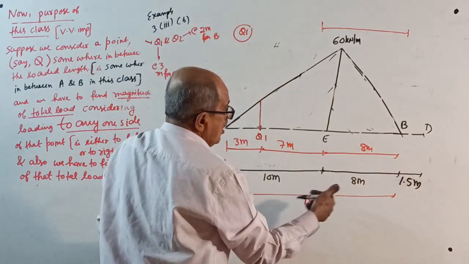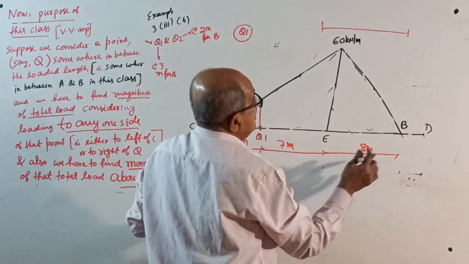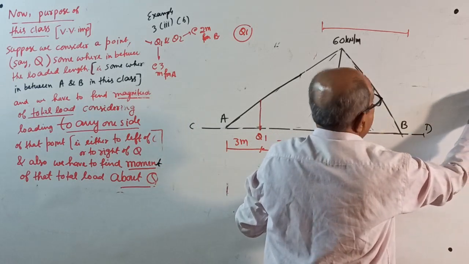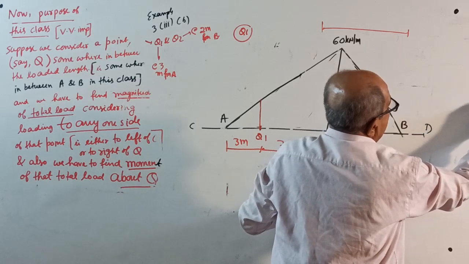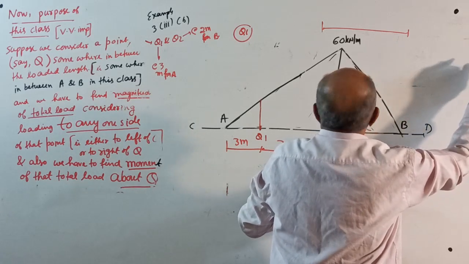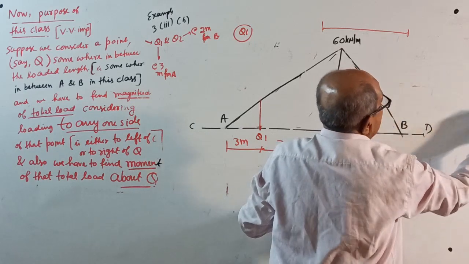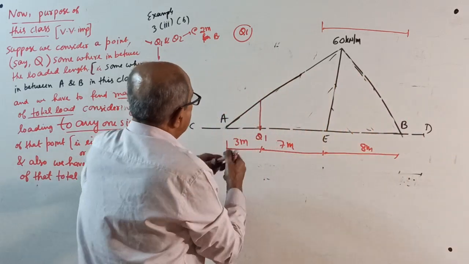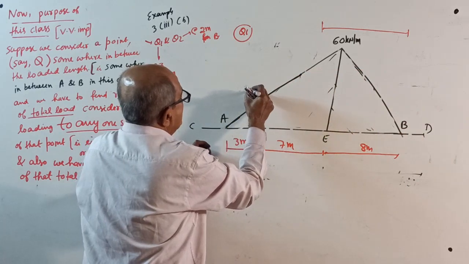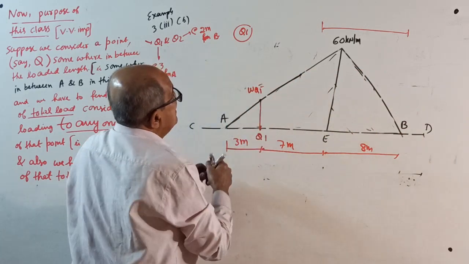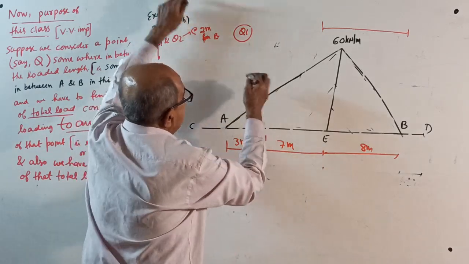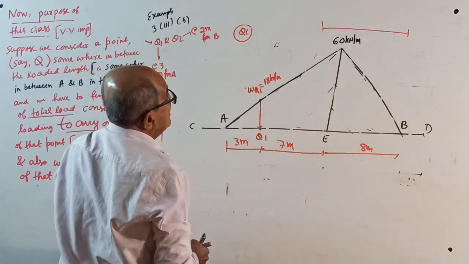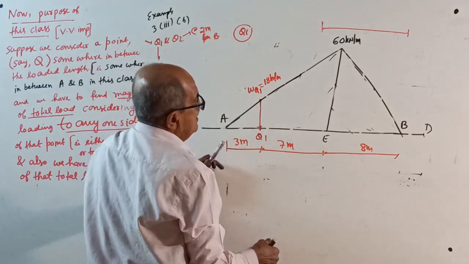Now, this 18 meter gone, C and D gone. 1 minute now, I may forget later. 60. At this side is how much? This side is 10. That side is 8. From this side I want distance 3 meter. From that side I want 2 meter. Okay, I'll forget later. Okay, now start. This intensity you require. WQ1: 60 by 10 is 6. 6 into 3, 18 kN per meter. 18. Okay, now,